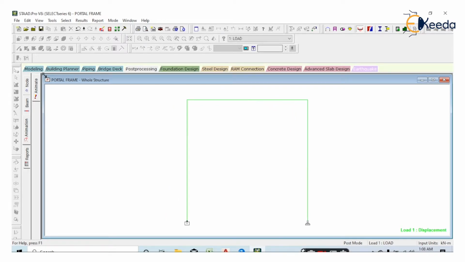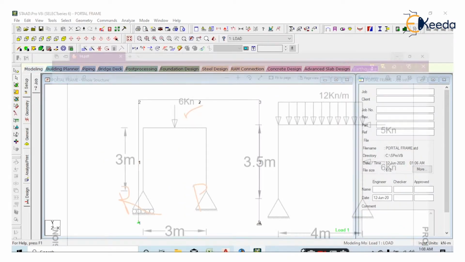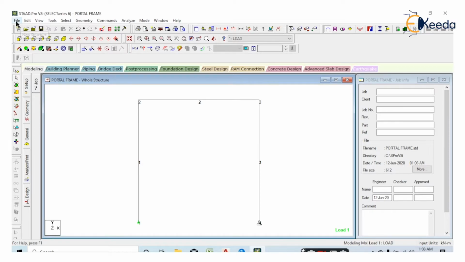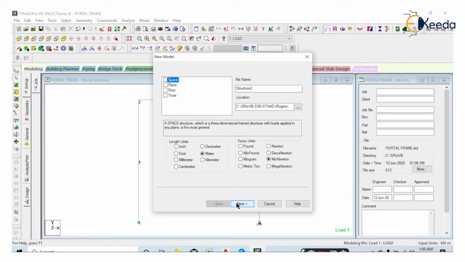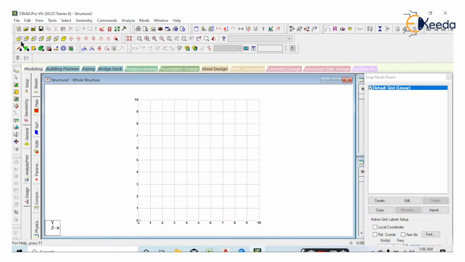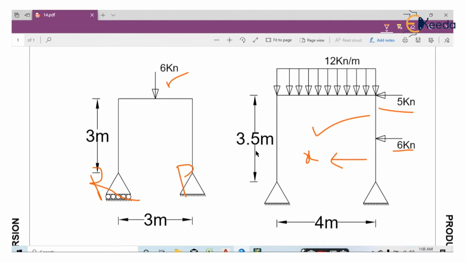Okay. Go to modeling. Look at the next problem. There is one another portal frame which has the horizontal loading, right, in X direction. Open new project. And first create that portal frame, 3.5 meter height and 4 meter length of the beam, right?